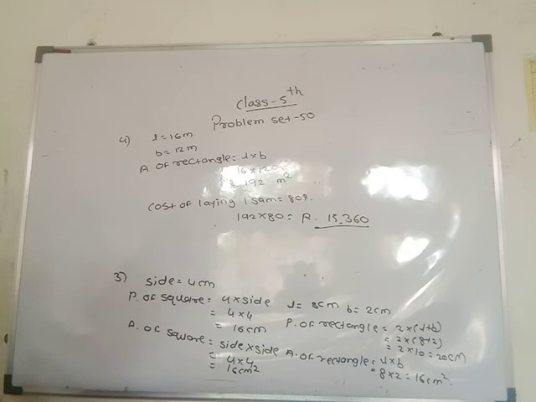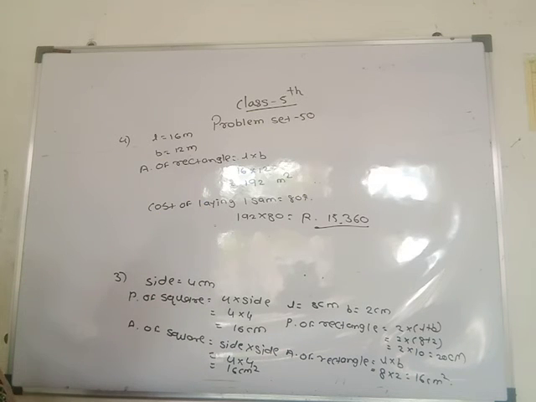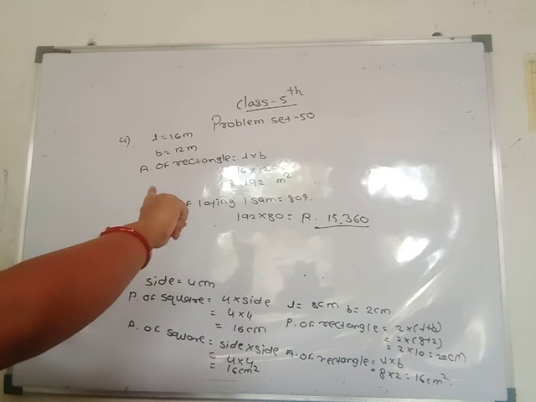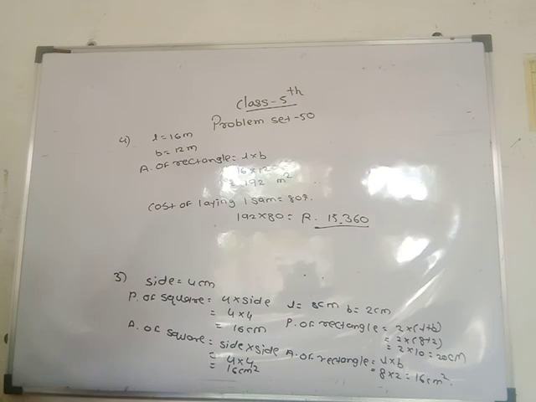Find out how many squares with the same measures fill the empty spaces in the figure. Here half the figure is given, then you complete these squares. Then how many squares do you see here? Length and width you see here 4 and here 3, means 4 into 3, 12 square meters.